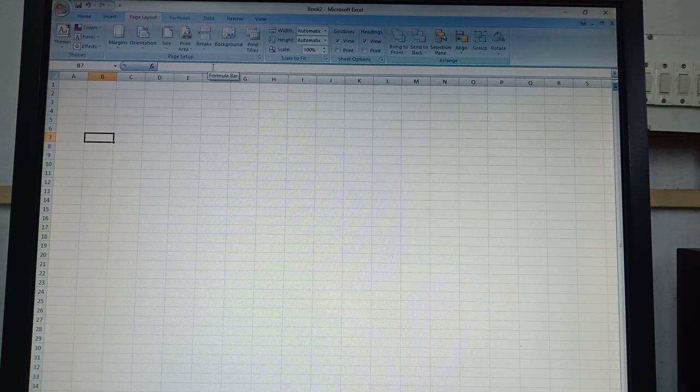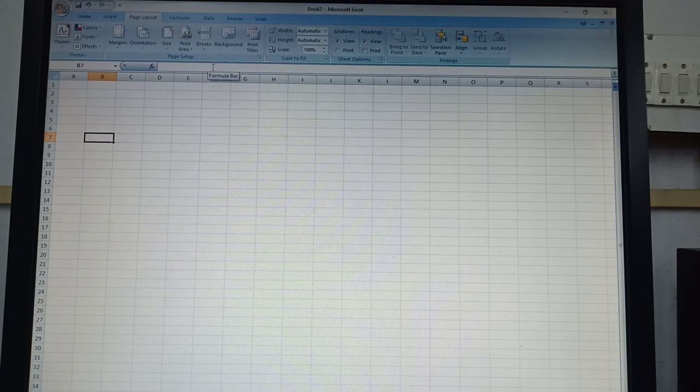Active cell means, now the question will come, what is an active cell? Because we are able to see so many cells, but why one cell is active? The active cell is a cell which is selected at particular time currently.